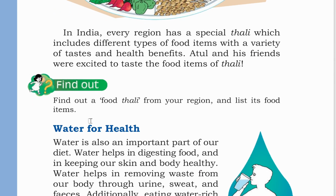Next, find out a food thali from your region and list its food items. ना हर रीजन में एक अपना थाली होता है and that thali contains different types of food items. So आपको अपने रीजन का थाली, you can just write the list of the food items present in that thali which is available in your region. आपके region में जो भी थाली मिलता है और उसमें क्या food items included हैं, you have to write the